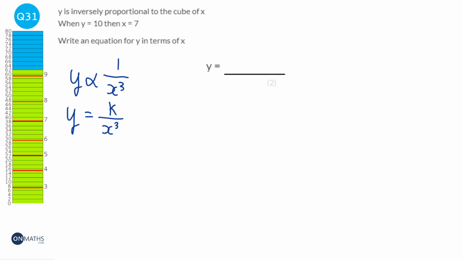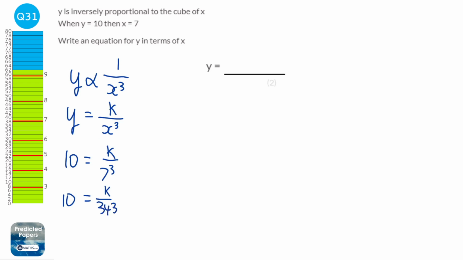Okay, now we need an instance where we know what y is when x is something, and here we do have that. So we've got y is 10 and x is 7. So we're going to feed those numbers into this equation that we've made. So it's going to be 10 equals k over 7 cubed, or 10 equals k over